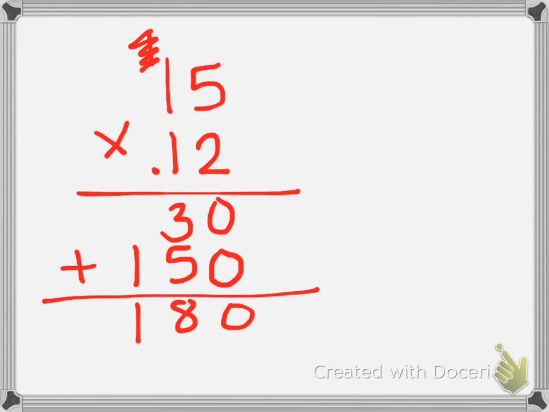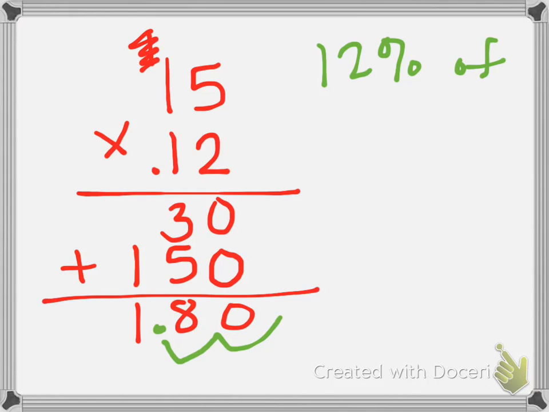I'm not quite done because the last step is going to be to bring in my decimal. I see there are 2 digits to the right of a decimal in my problem, which means there need to be 2 digits to the right of my decimal in my answer. What this means, 1.80, is that 12% of 15 is 1.8, or